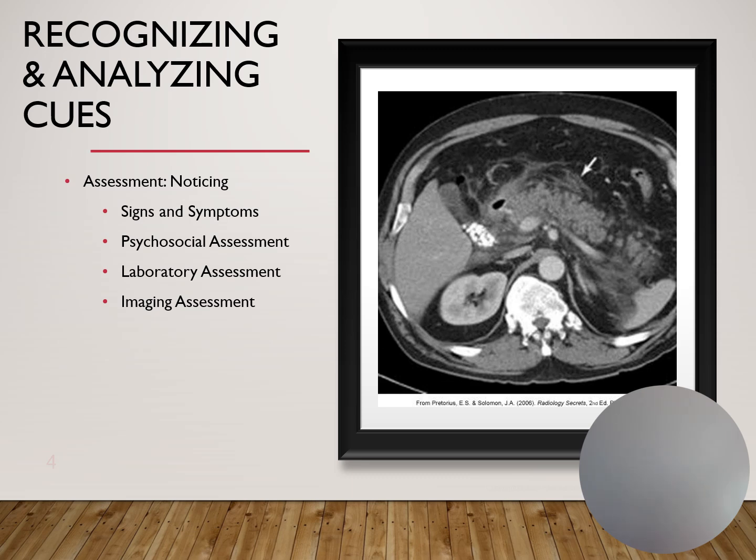The signs and symptoms we might see would be severe and constant abdominal pain to mid-epigastric area or the left upper quadrant. It can radiate to the back, the left flank, or the left shoulder. Usually has a sudden onset, and it will be worse if the client is in the supine position. And the client will probably find relief if they lie in the fetal position or they sit upright and lean forward. It is important to determine what triggers may have caused this pancreatitis, such as alcohol intake or maybe a